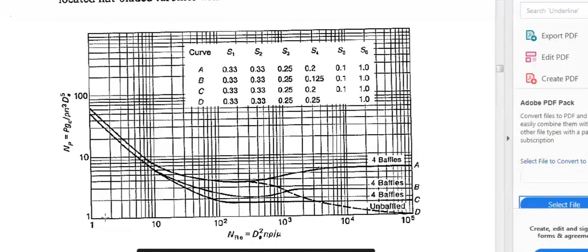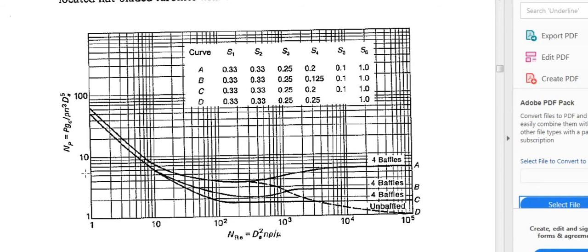After calculating the Reynolds number in an unbaffled tank, we will come to this graph, and here you are seeing my cursor. This is the unbaffled curve. Now mark a point on the x-axis. For example, if it is 100, mark a point on it, and then see the line is approaching towards the curve. It stops at this point. The reflection of this value, this is the value of power function. But we can't take this directly. This is the uncorrected value. What is the corrected value? NP into NFR to the power M. Finish. That is the only thing which you should remember for an unbaffled tank.